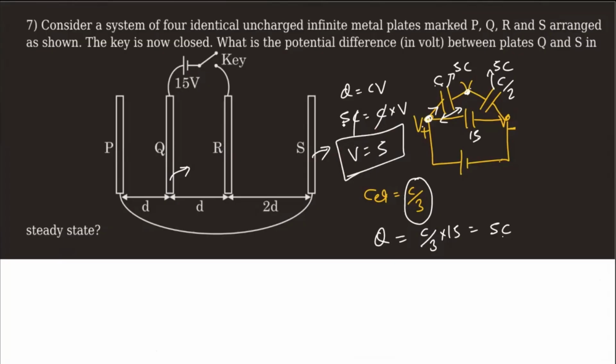Now we can distribute charge also. See here you are getting 5C charge, meaning this plate has how much charge? This has a negative charge of how much? 5C. And this has a positive charge of how much? 5C. Similarly, this has minus 5C charge and this will have plus 5C charge. Sorted. Sorry, this is minus 5C, no? This is plus 5C, sorry. Because total charge on P and S has added up to 0. So this is plus 5C, this is minus 5C. So this is plus 5C.